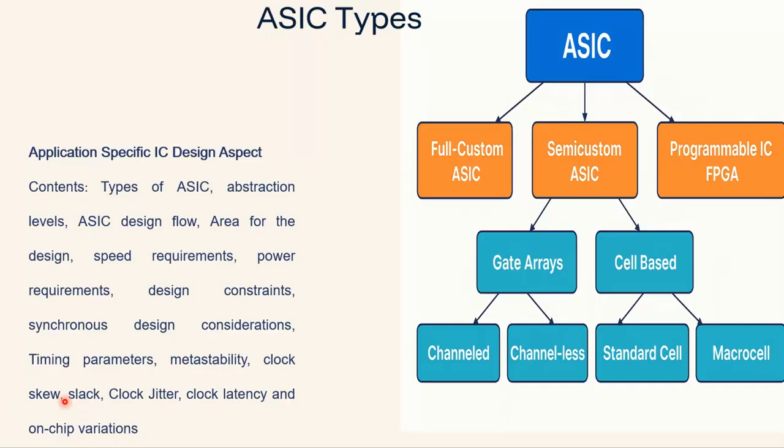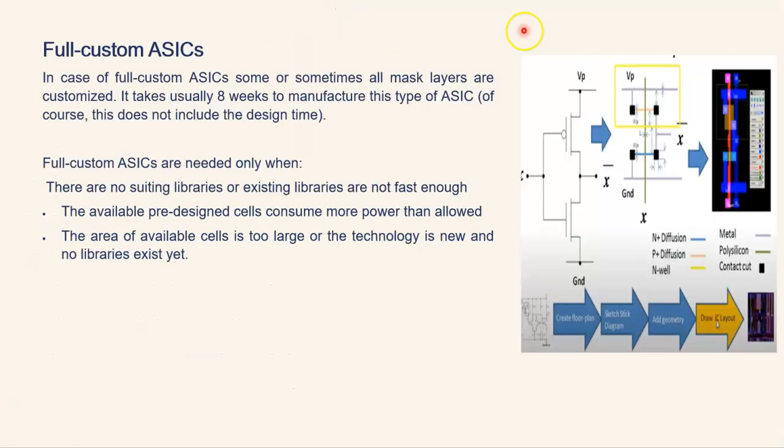In this subject, we are going to cover all of these in somewhat more detail because we have to work with static timing analysis in detail. If you refer to the syllabus of the subject, one complete unit is dedicated to STA, that is static timing analysis, and for that all these parameters are very important. So we are going to focus on them one by one. First of all, try to understand the picture in front of you, that is the types of ASIC. If possible, please note a few short points about it so that you will understand what we are going to talk about next. So we will talk one by one.